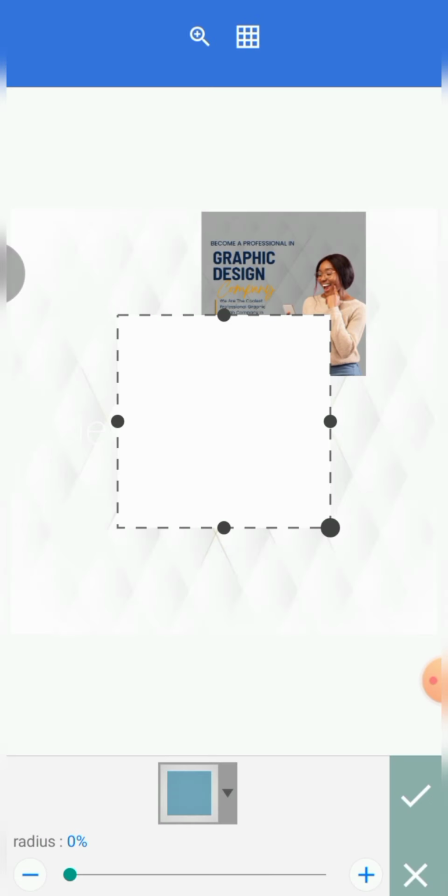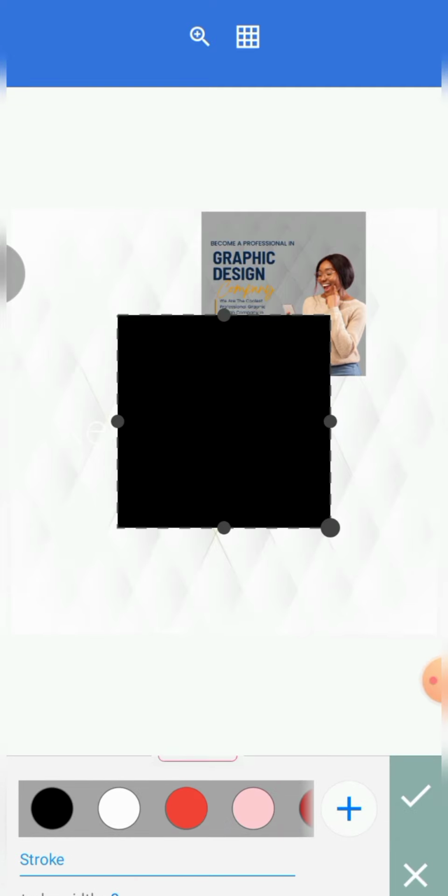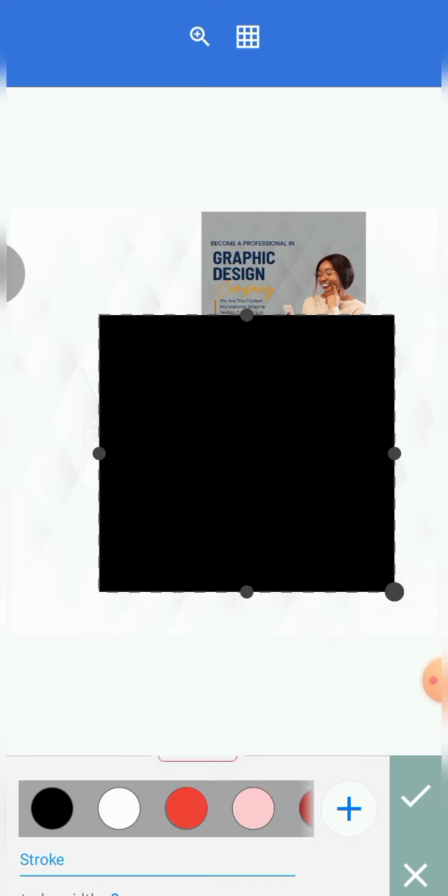Okay, it's rectangle. I want to change the color of that image to black. So this is the color of that image. So this is the color. So I'll have to drag this to this end, and